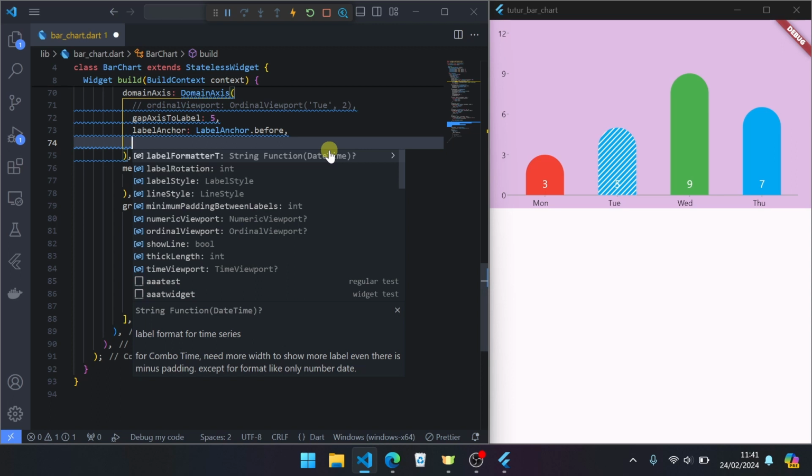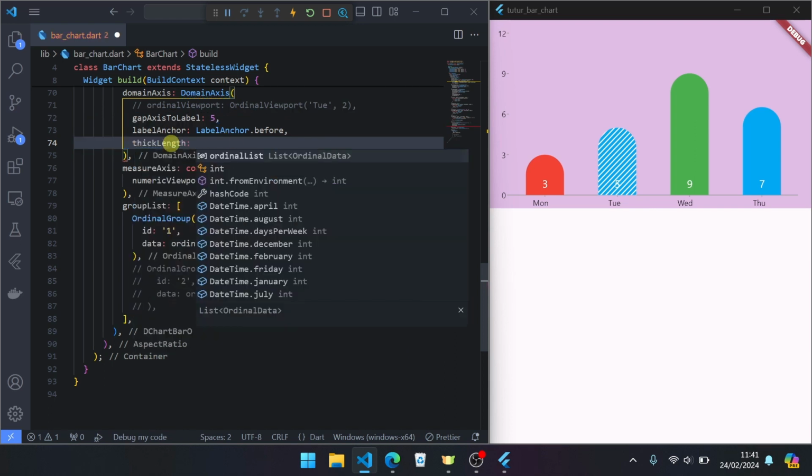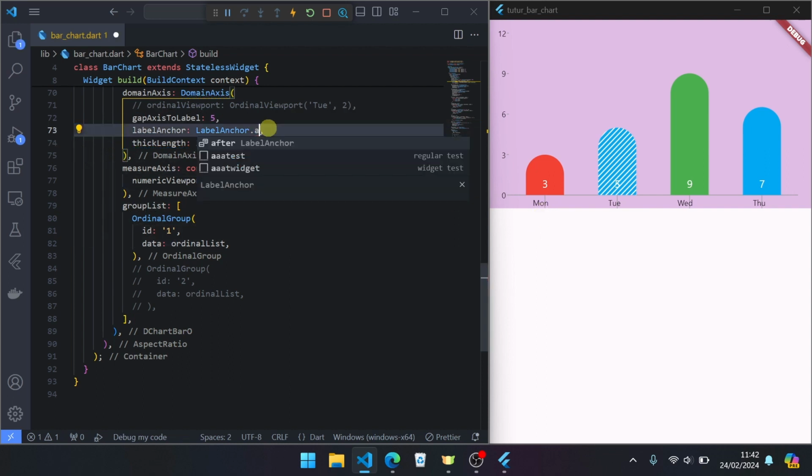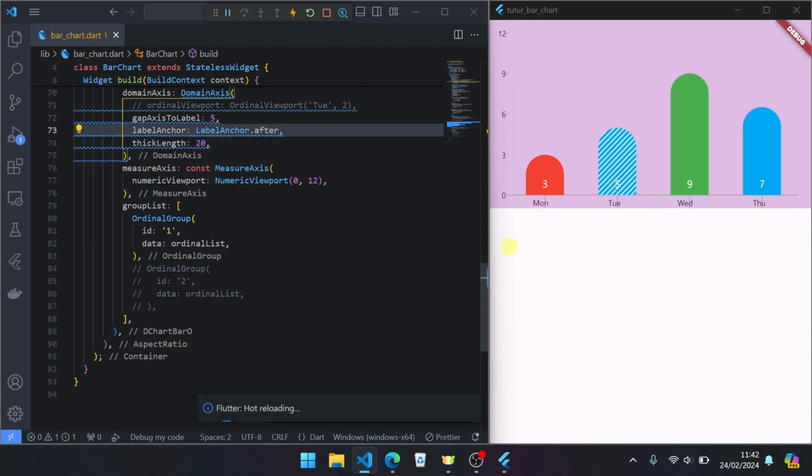To clearly see where is left or before, after, center, you can add style to change tick length. Default tick length 3, you can change to, for example, 20. Like this, they are line, tick. So we can see this more clearly to set where before, where after, and where center.